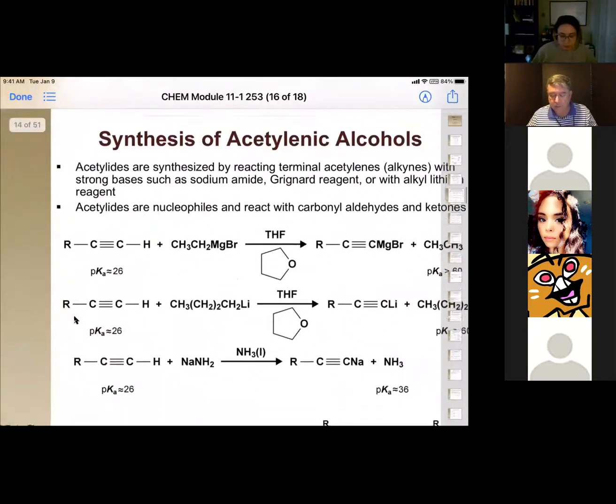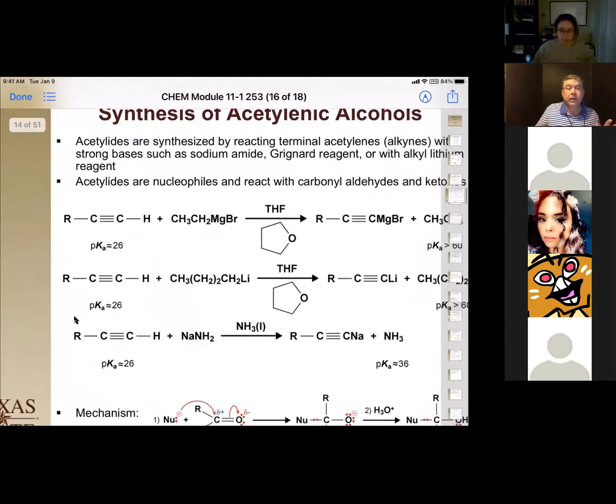All right, so let's move on to another good nucleophile. We talked about this a little bit in the acetylene chapter: acetylene can be deprotonated by strong bases. Well, it turns out the Grignard reagent or the butyllithium reagents are much stronger bases than sodium amide, which means that they also react with those hydrogens of acetylene to create a